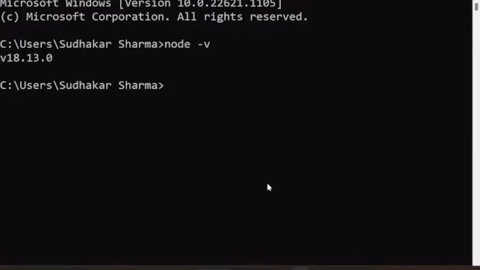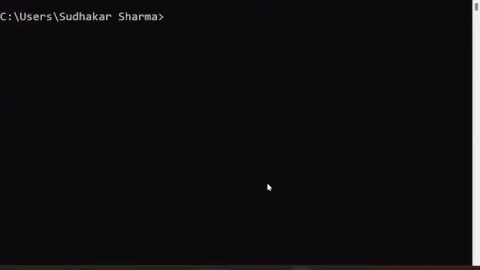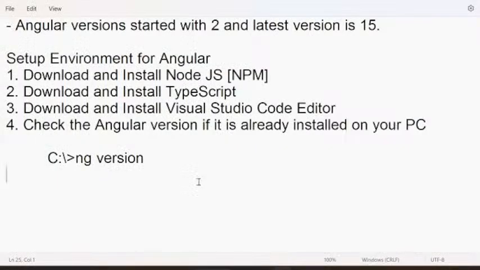That's fine. Now I have an old version of Angular on my PC. You may have some old version. If not, no problem. If you have an old version, first we have to remove the old version and install the new version. How to remove the old version? Check the version, right? And next remove the existing version.